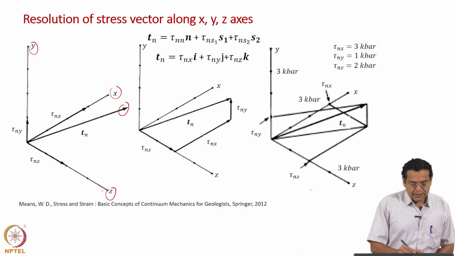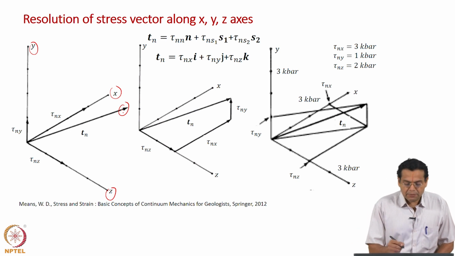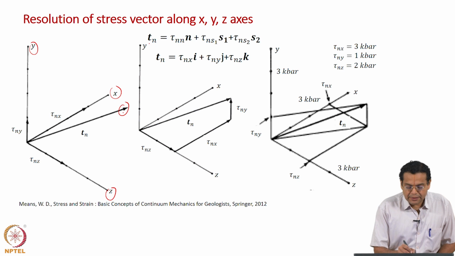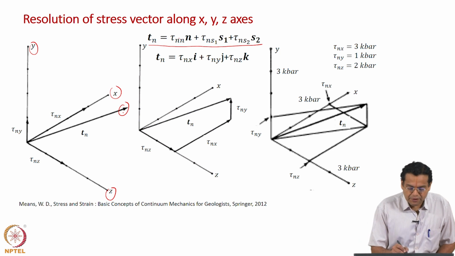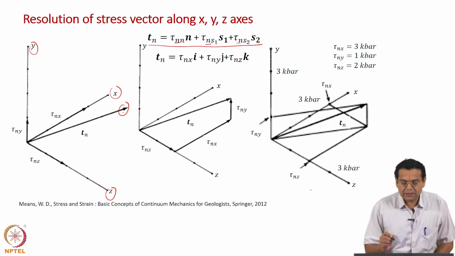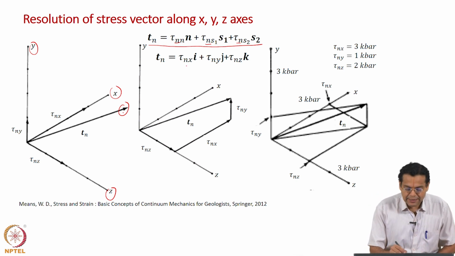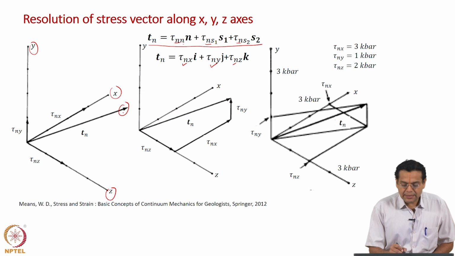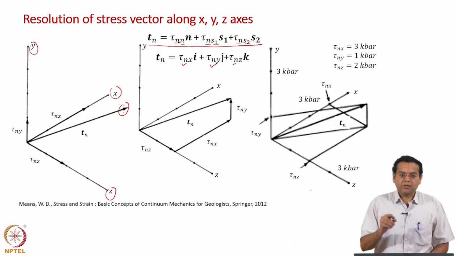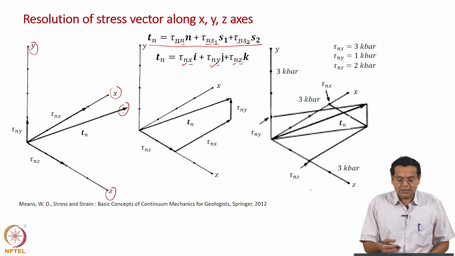Okay. So, coming back, the stress vector has been resolved. Now, what is the nomenclature you will give? Remember, the stress vector T n was resolved along n, s1, s2. The notation was that the first subscript represents the direction of the plane, that is not going to change, we are still considering any plane. So, there is no change in the first subscript. Now, remember the second subscript represented the direction of the component. Now, we are resolving the stress vector along the x, y, z coordinates, that is why the second subscript has now changed to x, y, z.